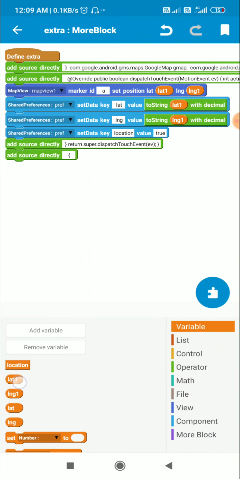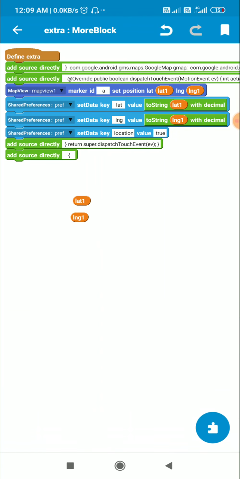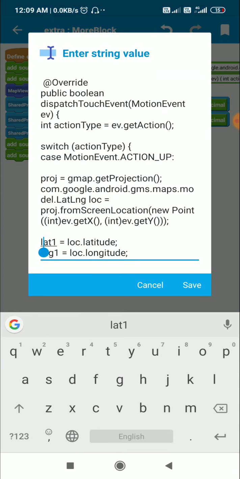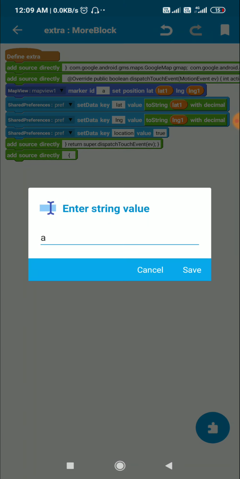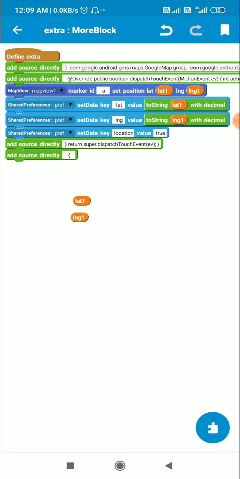This lat1 and lng1 are number variables which I have created here. So here I define lat1 is equal to log dot latitude and lng1 is equal to log dot longitude. Now after that, for this marker A, I set the position to lat1 and lng1, and then I save this lat1 and lng1